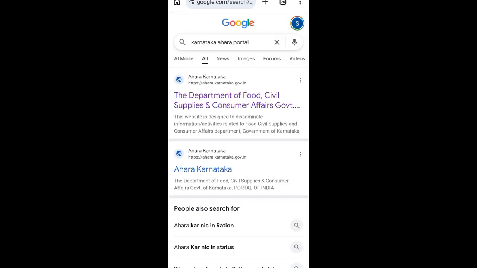Karnataka Ahara portal. Now type out the Department of Food, Civil Supplies and Consumer Affairs. After typing this, wait for the page to open. Okay, now you see the page is now open. Now tap on the three lines. Okay, now tap here